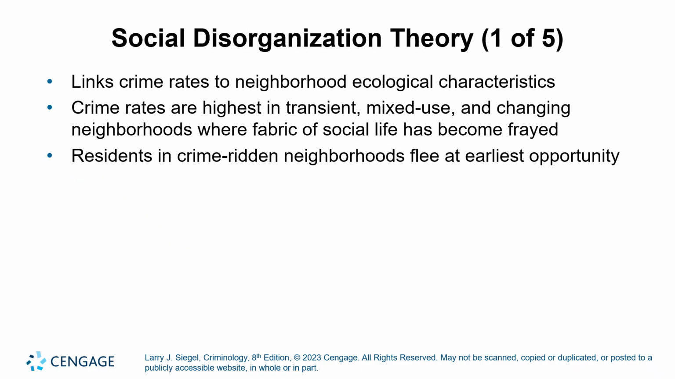The first social structure theory we'll look at is social disorganization theory. This theory links crime rates to the characteristics of neighborhoods rather than to the traits of individuals. Crime tends to be highest in neighborhoods that are transient, mixed use, or constantly changing, where the fabric of social life is weakened. In these areas, residents are unlikely to form strong social ties or exercise informal social control. As crime increases, those who can afford to leave often do,